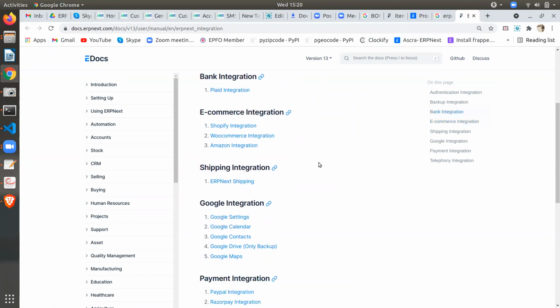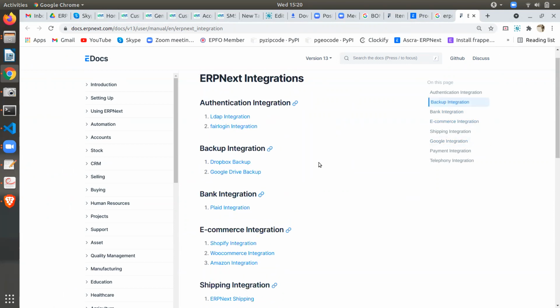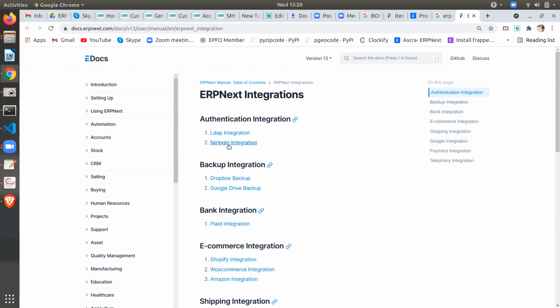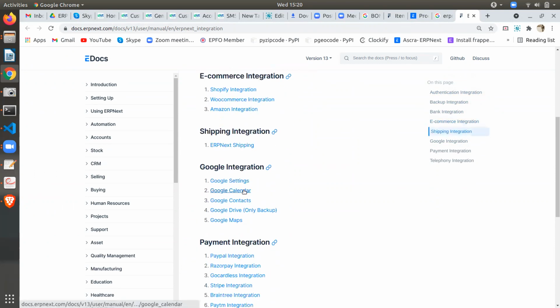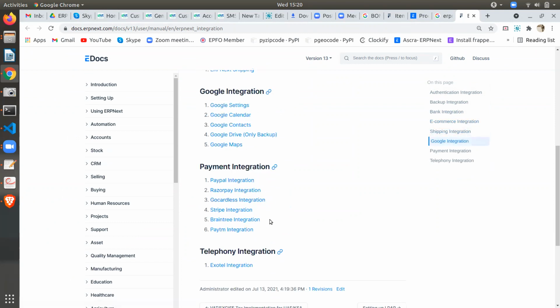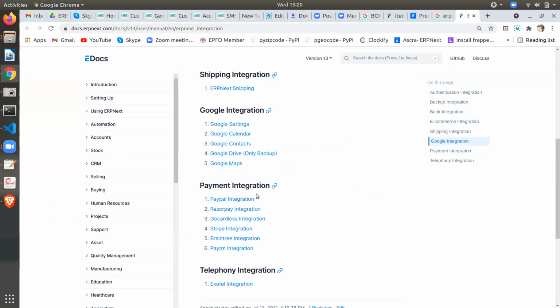Actually, these are the standard integrations they've already provided, sir. From the top of the side, LDAP integration can be done in ERP Next. They have given some other settings for that. But Tally integration they have not included over here, not in the documentation, and there is no settings screen for that. But what we can follow is, if any API is there from the Tally application, we can utilize that API and connect to ERP Next.